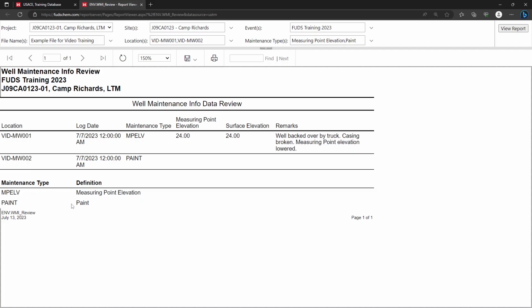It is especially important to create a well maintenance information record for any activities that change the measuring point elevation or ground surface elevation, to ensure hydrogeologic calculations using these elevations are performed correctly. In the case of a change in elevation, like we are reviewing here, the measuring point elevation and ground surface elevation fields should both be populated. The circumstances surrounding the change, as well as whether the change occurred naturally or via human intervention, should be included